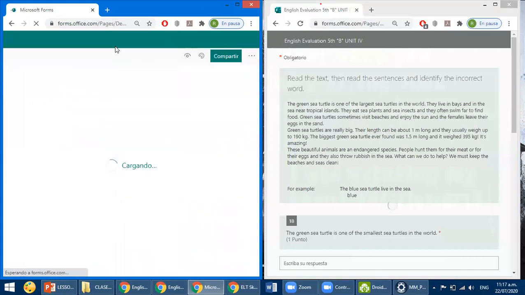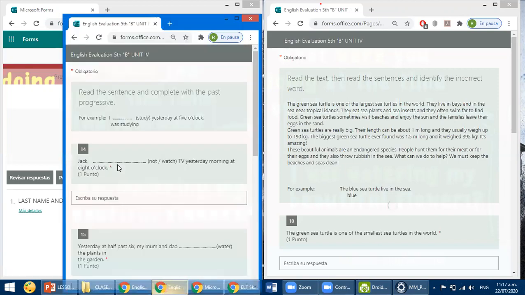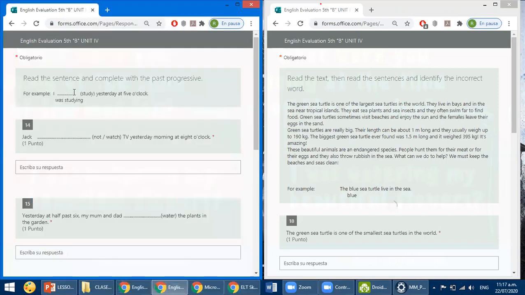Profesor, una pregunta. Yes. ¿Cómo es en la pregunta 16? 17. Okay, the same. You have an example here. Profesor, de la tortuga, ¿debo poner la palabra incorrecta o la debo de corregir? A ver, wait, give me a minute, Byron, please. In the 16, you have here an example. Look at the example. Okay, the example. Tenemos que completar nada más. Solo escribimos la palabra para completar la oración. Eso es todo.